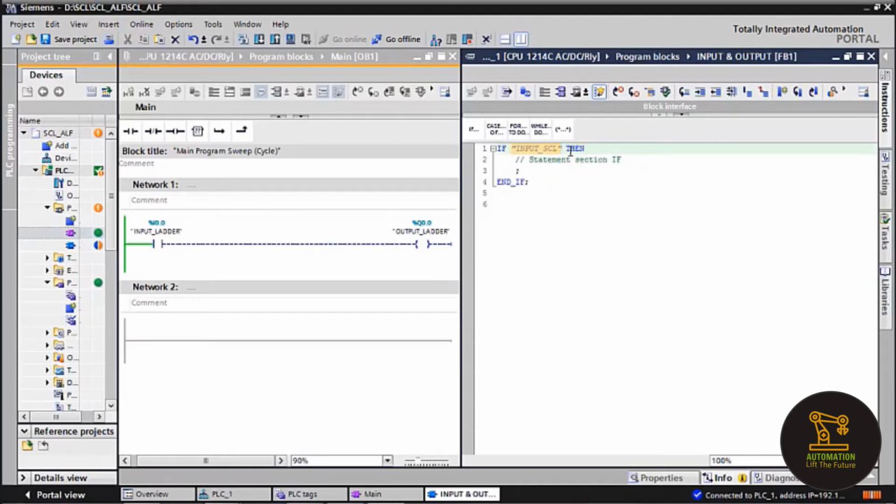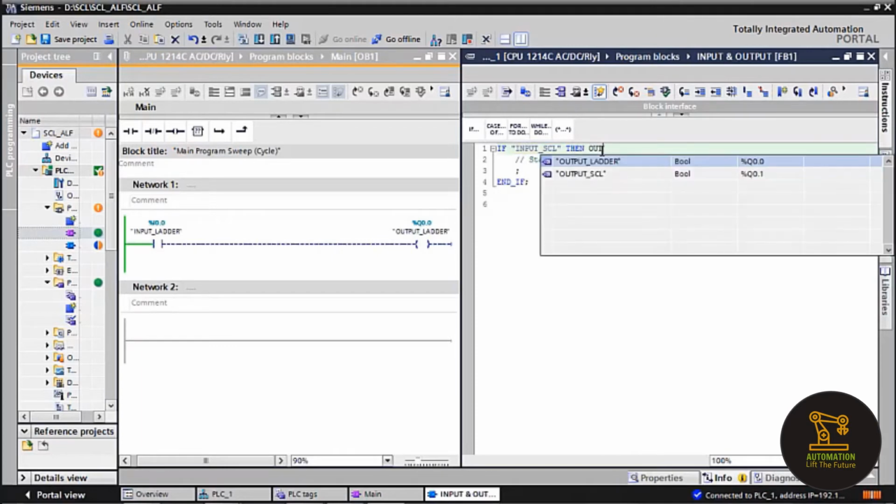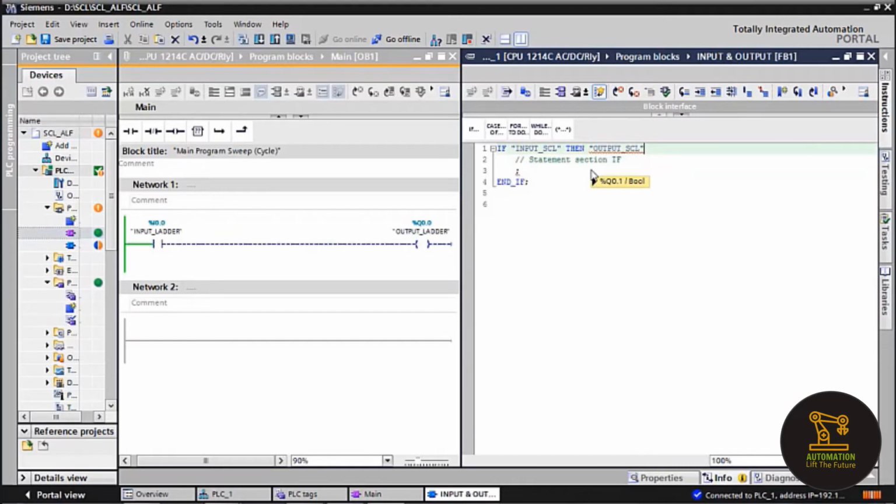Here, if input, that is the tag name we have given in the PLC tags, if input SCL equals 1, then output SCL equals 1. And this is not the exact syntax. You have to change the syntax.